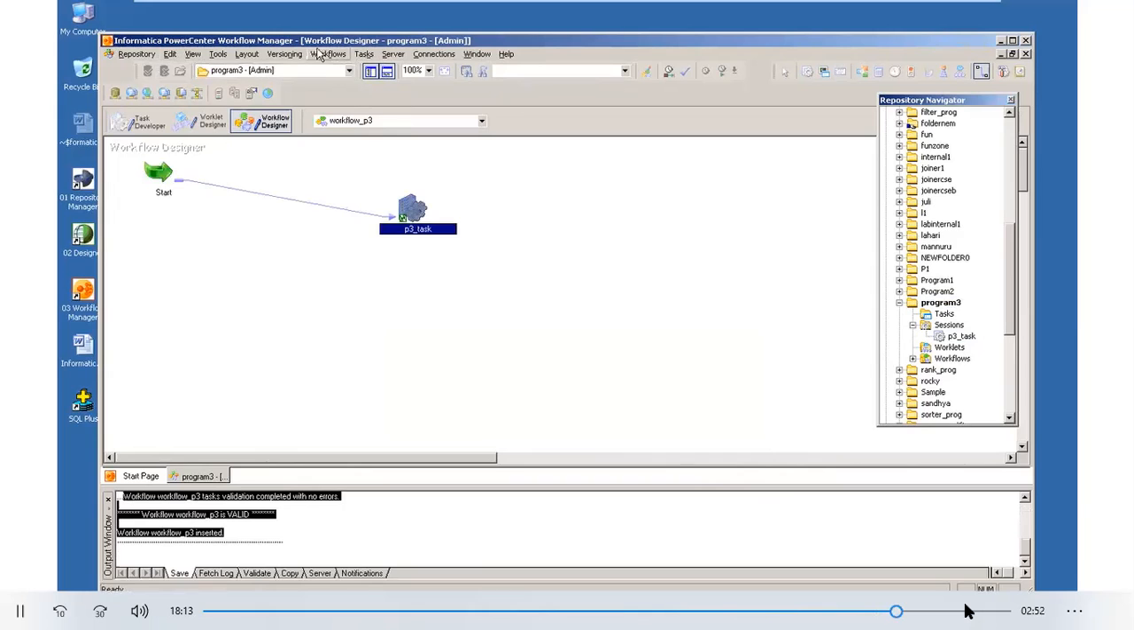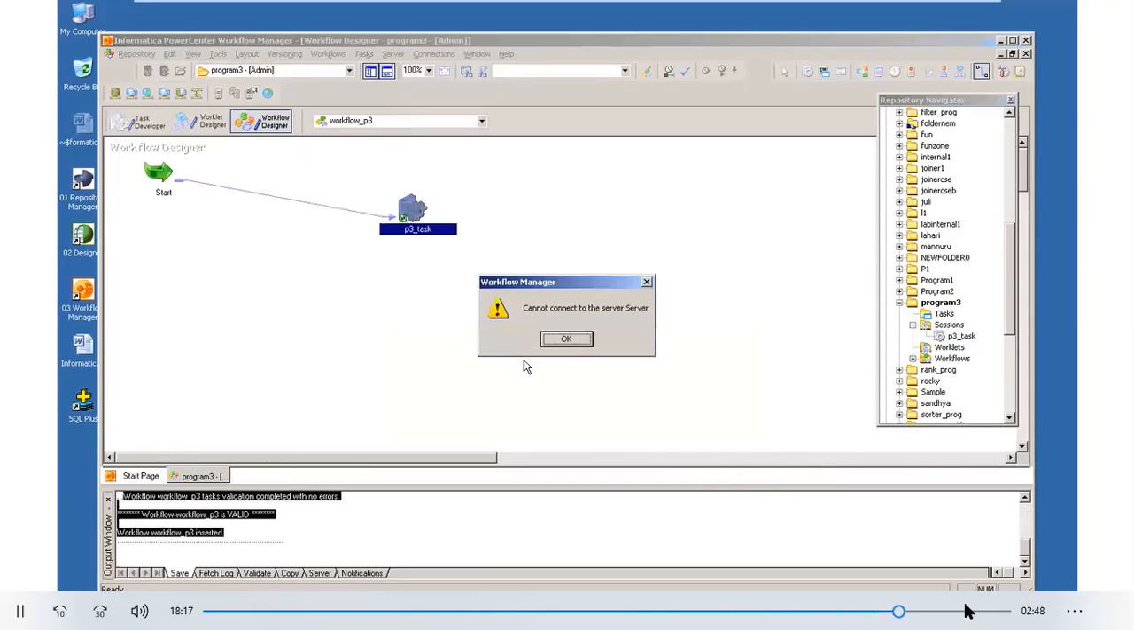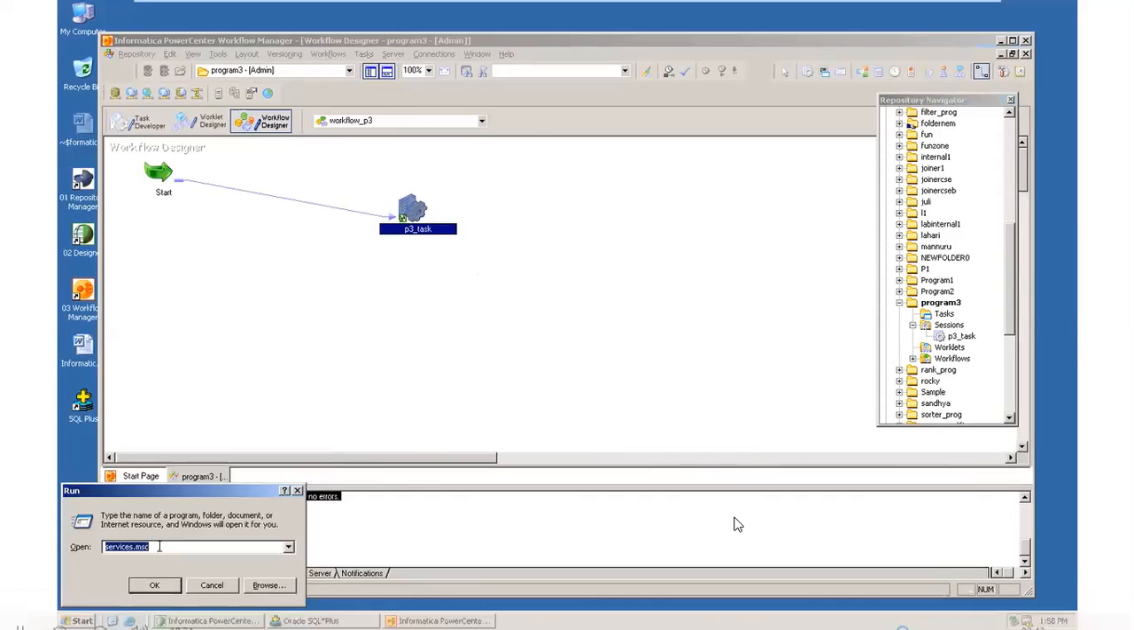Now start the workflow. If you start the workflow, it shows, cannot connect to the server. That means you have to start the server. Up to now you did not start the server. You have to start the server. How can you start the server? You have an option here. This is an option,